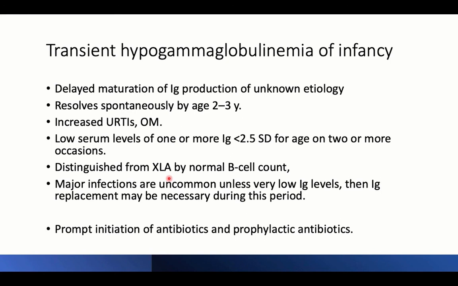So two main entities may be considered. Either X-linked agammaglobulinemia, which has a marked reduction in B cell numbers, or the other more benign condition, transient hypogammaglobulinemia of infancy, having a normal B cell count, fortunately. Major infections are uncommon in this entity unless there are very low levels of immunoglobulin. And then, in this case, immunoglobulin replacement may be necessary during this period until spontaneous resolution of the condition. Also, prompt initiation of antibiotics and prophylactic antibiotics